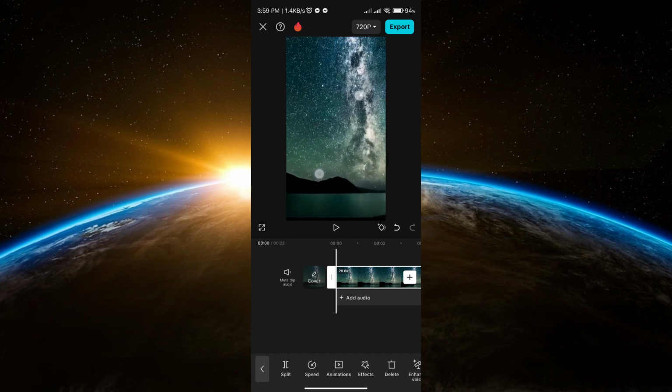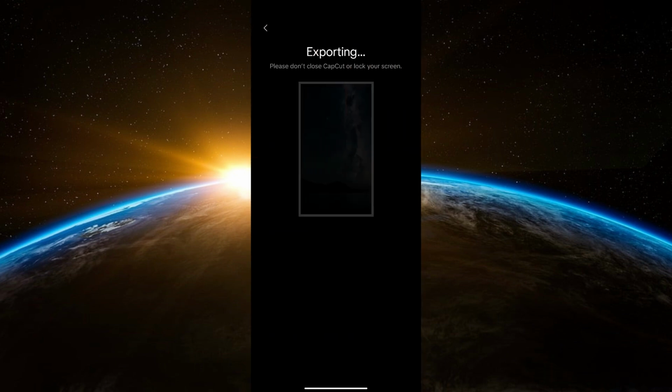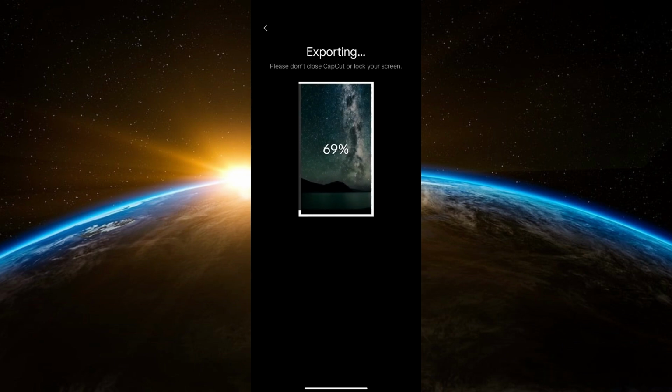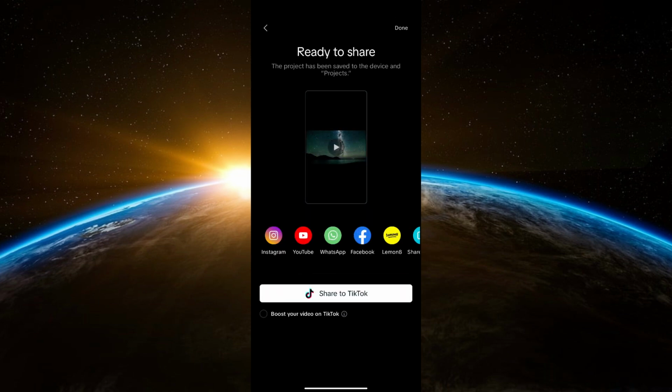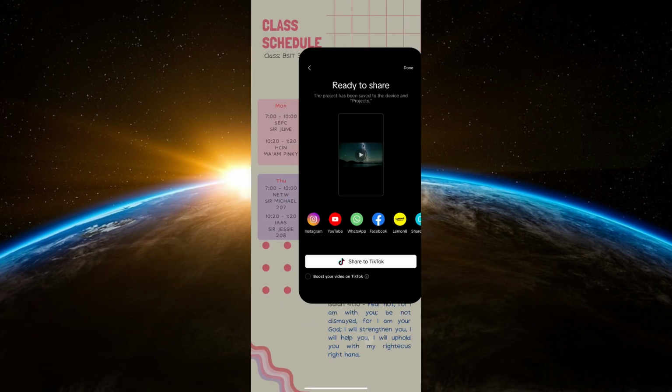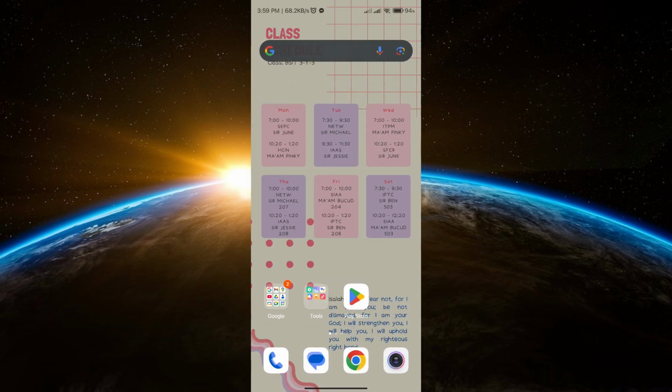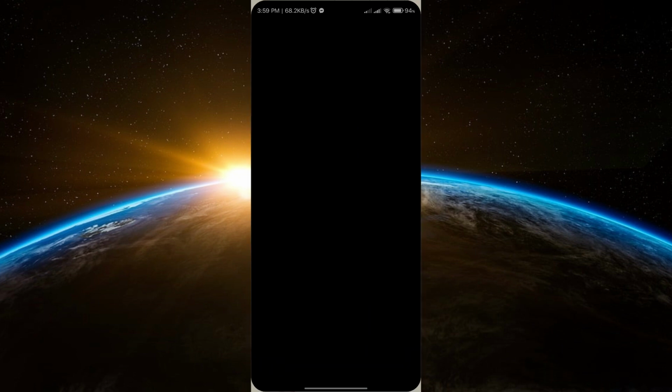Now if you want to zoom your video, just pinch it out, and after editing, just export your video and then wait for it to save to your device. And then you can click the YouTube option right here, or if you don't have any of this, you can simply go to your YouTube app